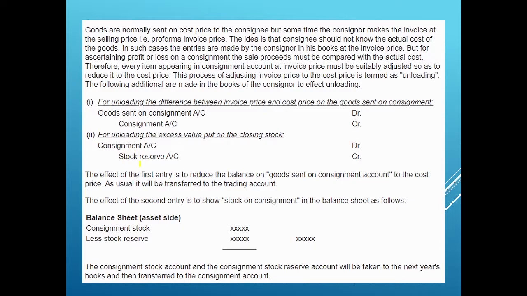Even though goods were sent to the consignee at invoice price, we are calculating unsold stock at cost price. Okay, students, so only this entry, goods sent on consignment account debit to consignment account, will be written to bring the invoice price down to cost price. Now we will go